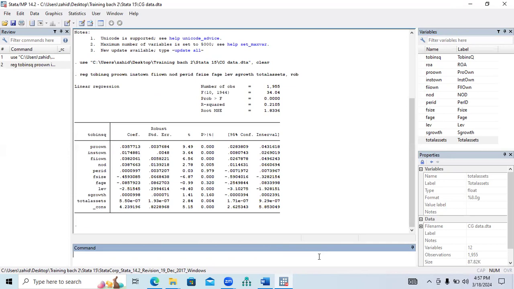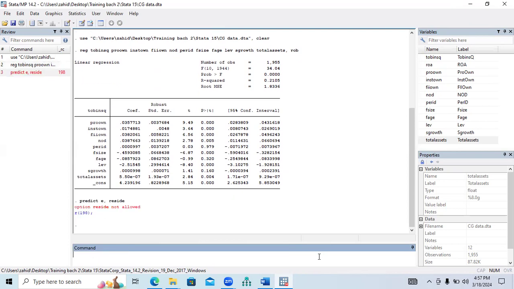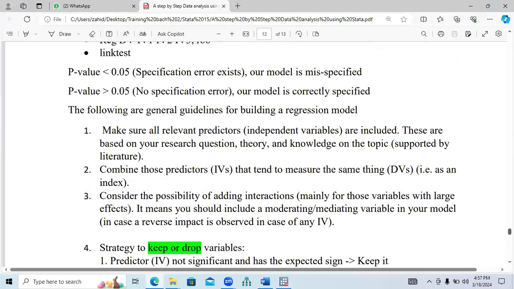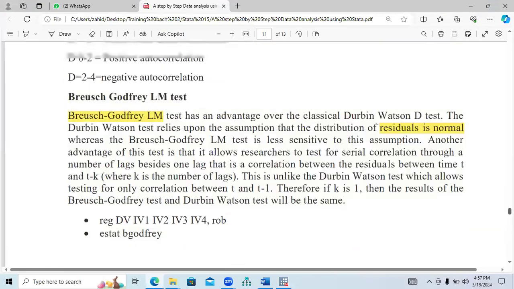After doing it, you need to predict E, comma, resid, and it will create a command. We need to check the actual command from here